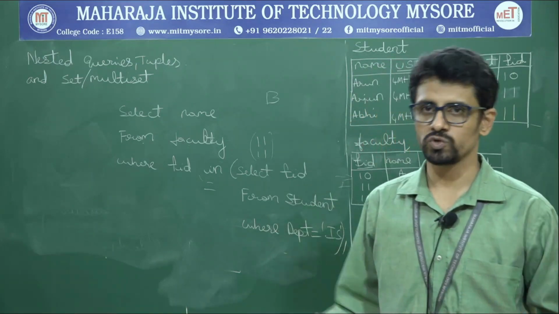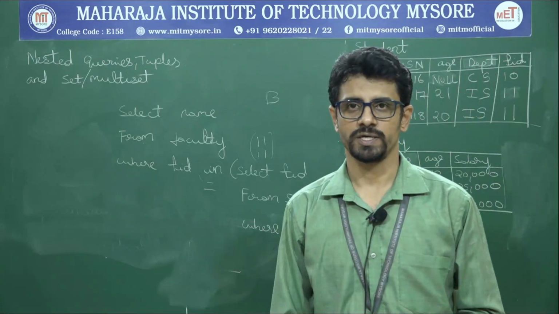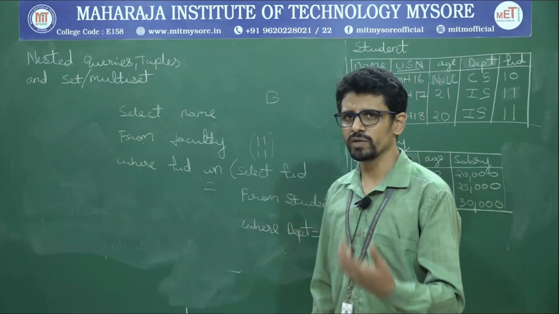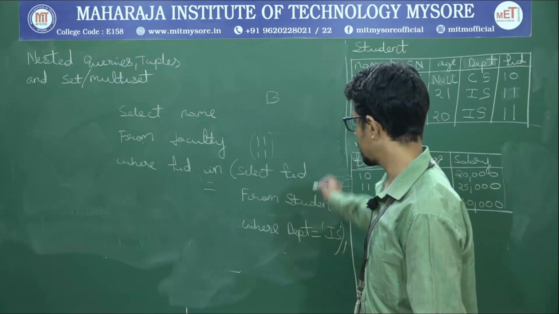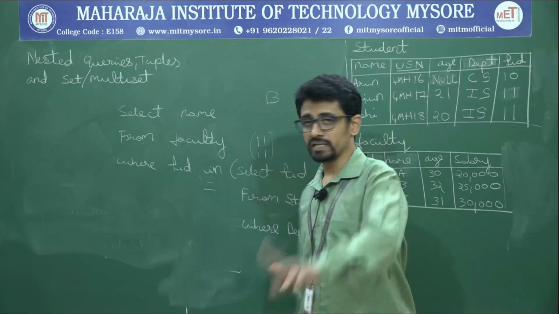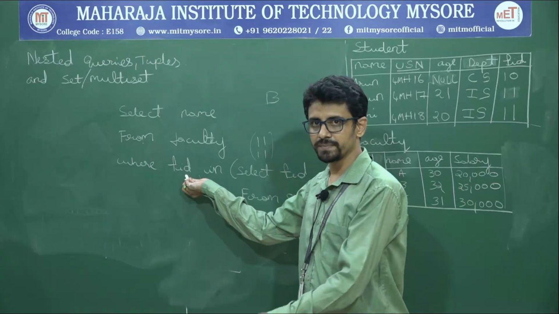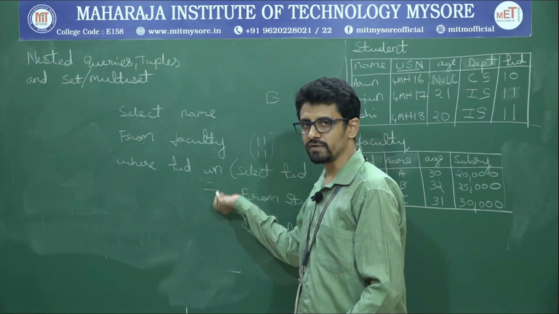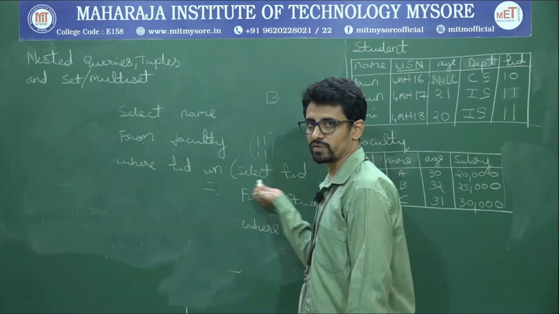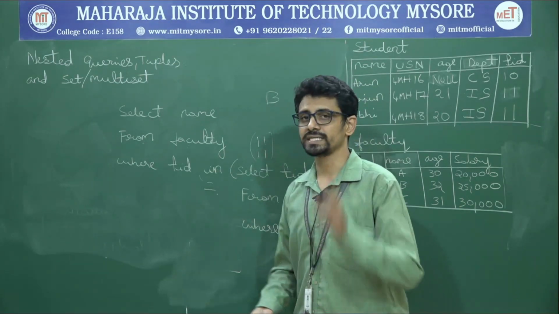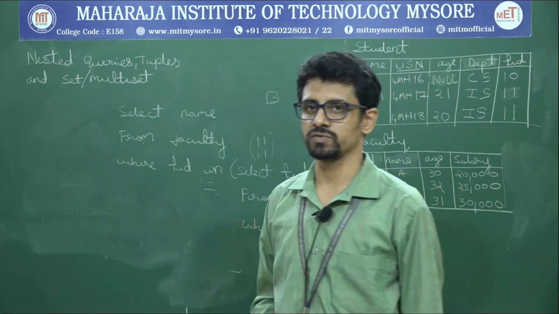If it is a set, you can use an in operator, or less than or greater than, something like that, and you can have a verification over there. Sometimes you can use equality in case of set and multi-set. It depends on the particular parameters, the attributes I am passing. Another thing is, make sure the attribute on the left hand side, whether you use in, equal, less than, greater than, anything, and the attribute on the right hand side, that is the select, whatever you have used, should match with the type. It does not match with the name, but should match with the type and the same values.